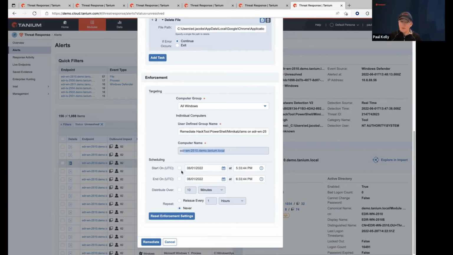And if you want this to be a recurring action or to start in the future, you can certainly do that. I want it to be recurring, and I'm going to reissue it every 15 minutes, for example. Now, that can be a little aggressive. This is configurable. You can actually adjust this. So if you actually see it within a 30-minute period of time, you can delete it every 30 minutes. So you're basically playing whack-a-mole with that one machine. If that machine comes up online and we find it and we see that process running, we'll kill it. We'll see that file, we'll delete it. That's right. That's exactly right.